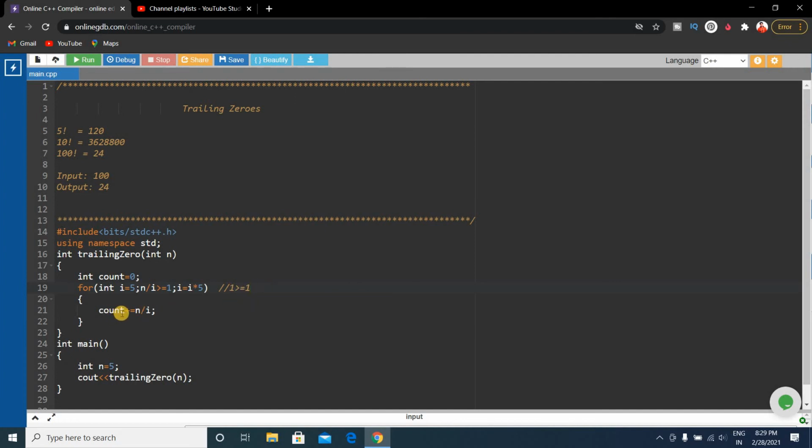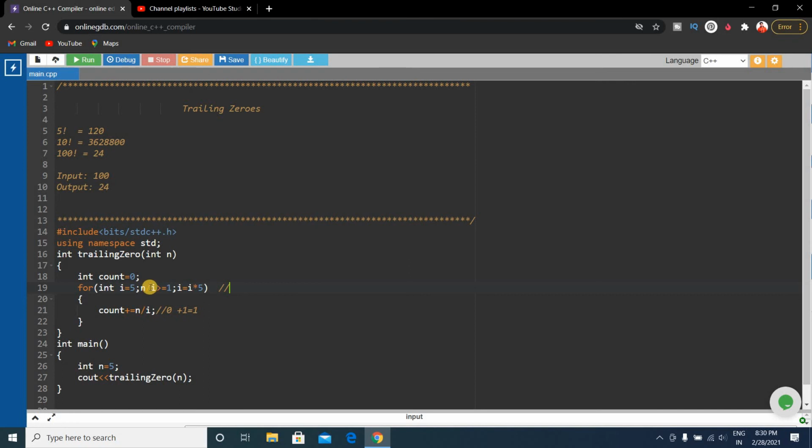The count value will be 0 plus n / i, and our n / i value was 1, so the count value will be 1. Next we increase the i value by i * 5. The i value was 5, and 5 * 5 is 25.